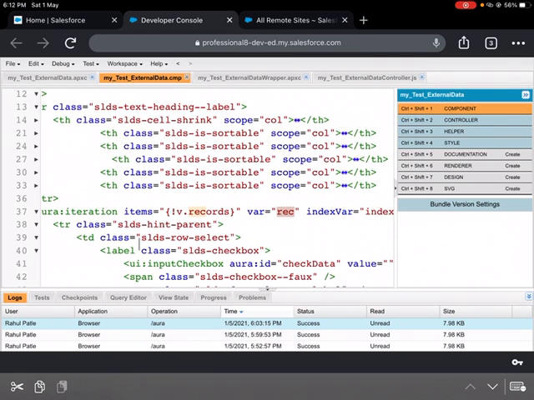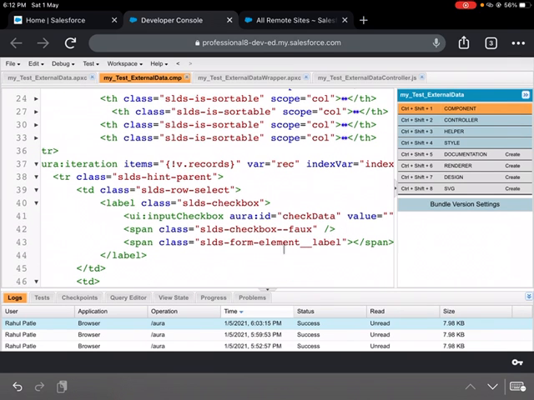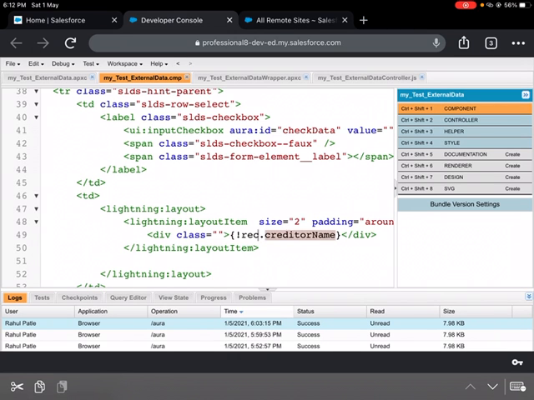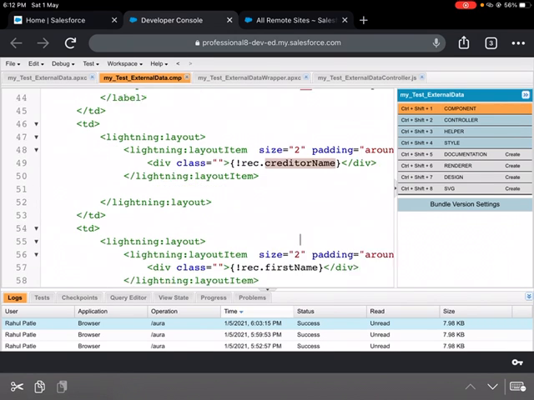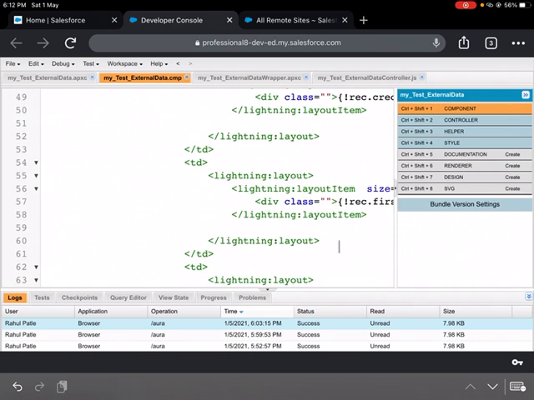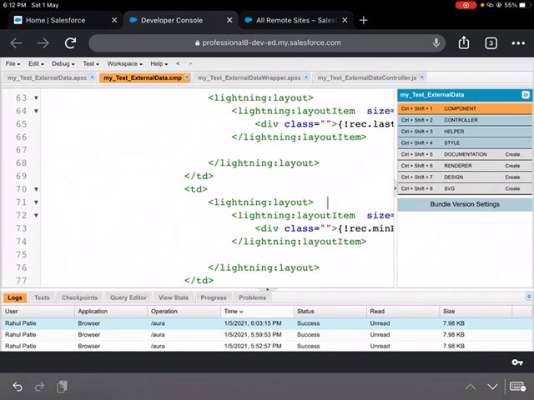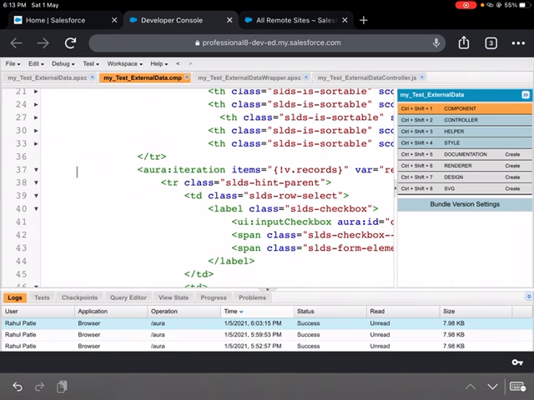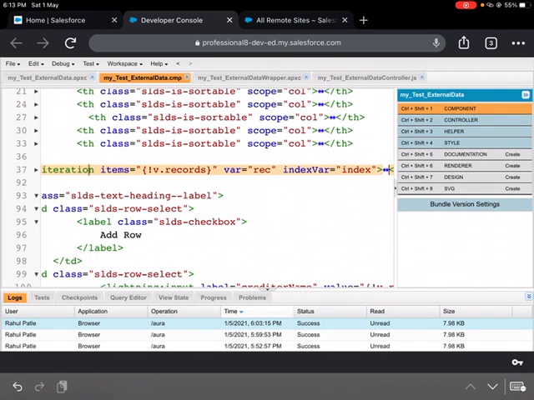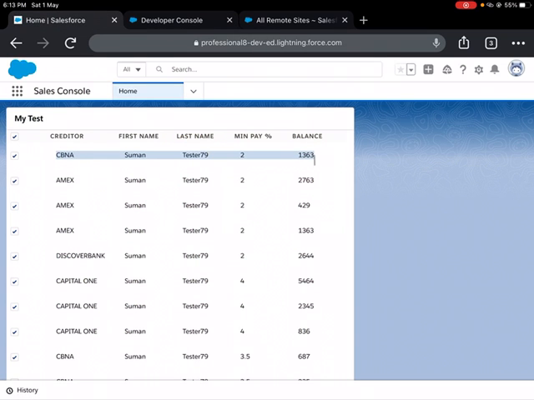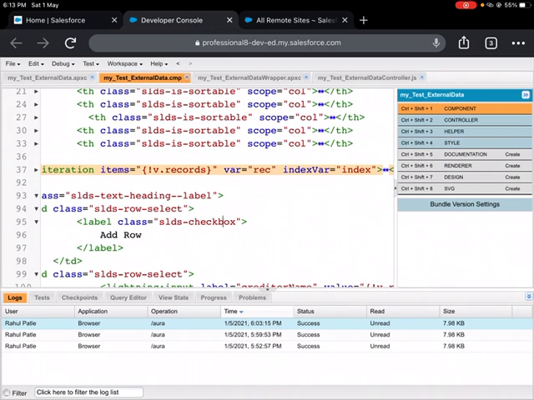So for each record, I'm just populating the data here: record.creditor name, record.first name. This will work for each and every record. So this complete aura iteration as a TD, as a data table, I am providing here. It will iterate and show me each and every record for creditor, first name, last name, minimum pay and balance.